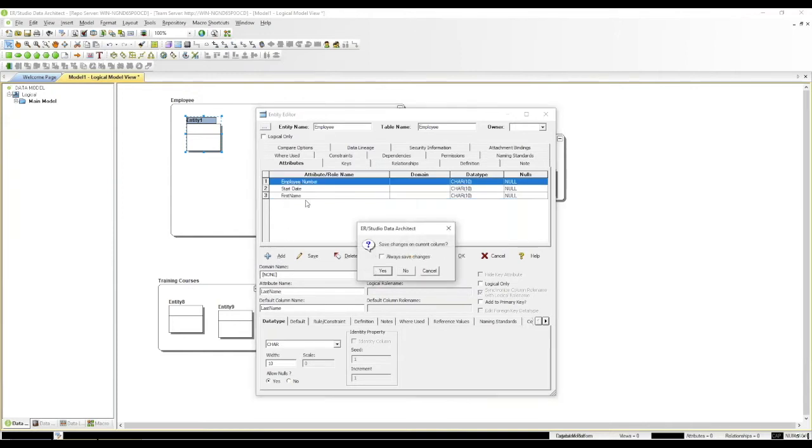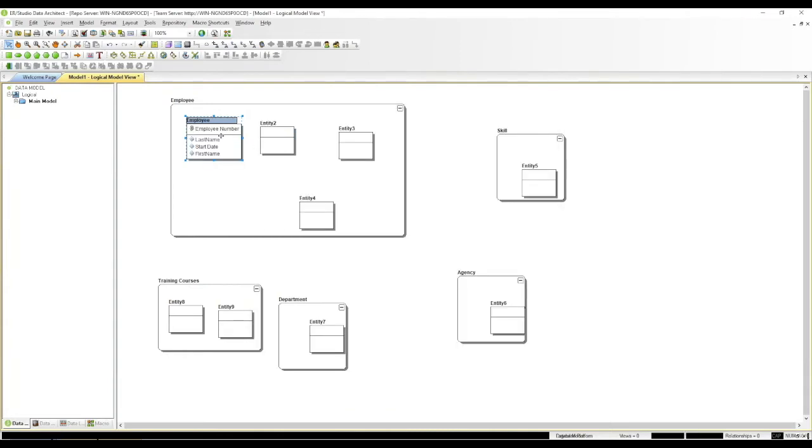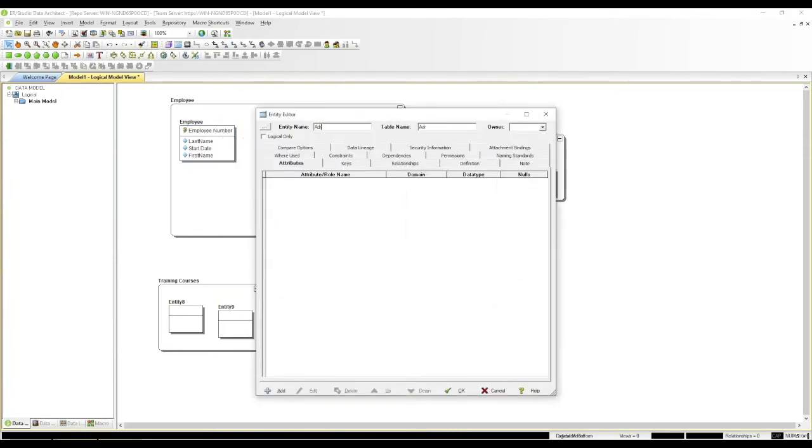All right, but for this employee number, yeah, I won't save changes. Now for this employee number, I'm going to add this to the primary key, and I'm also going to make this an identity column. I'm going to allow nulls, no, and that's not an identity column because it's not an int. So I'm going to add this to the primary key and then just say OK. All right, so now I have a primary key in my employee,